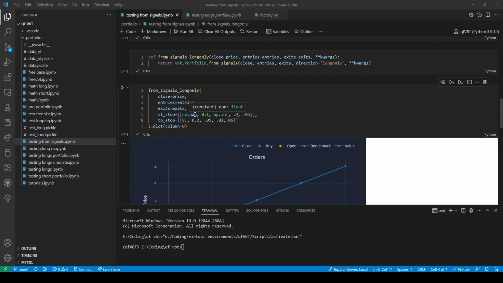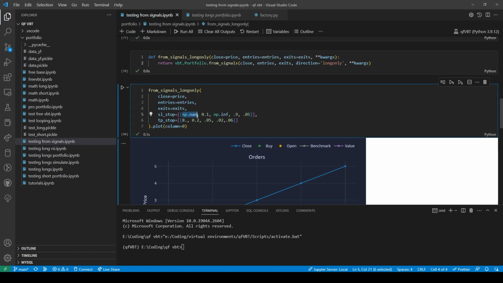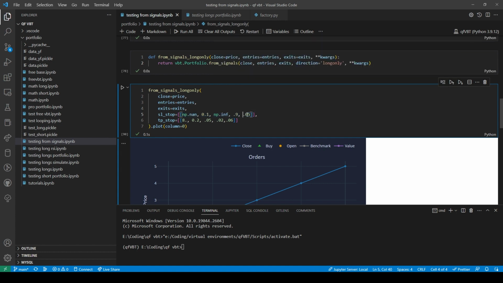and come up with an array that is like this times this and this times this and this times this and this times this and this times this. And then I would have to broadcast this as like one gigantic row. So it would be like np nan 5 times, then it would be 0.15 times, then it would be np infinite 5 times, then it would be this 5 times, then it would be this 5 times. Then after that,